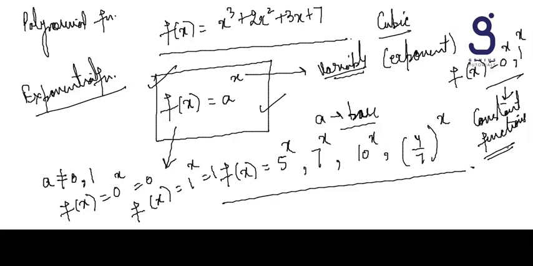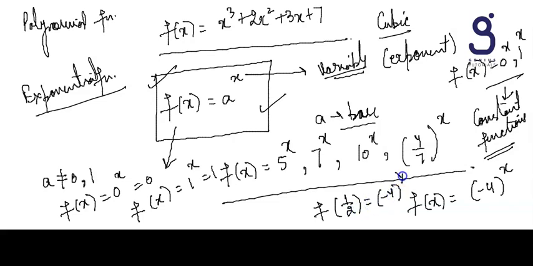So to avoid negative numbers as base, we don't get any complex values. We can say that a cannot be even negative. Okay, that means if I say f(x) is equal to (minus 4) to the power x, let us take this case. If we allow a as minus 4, then suppose you have to calculate value of f(1/2), then it will be (minus 4) to the power 1/2, which is again not a real number. This will give you complex values.